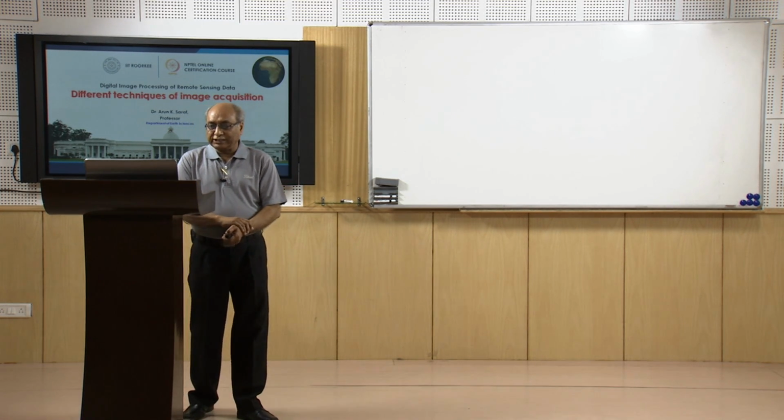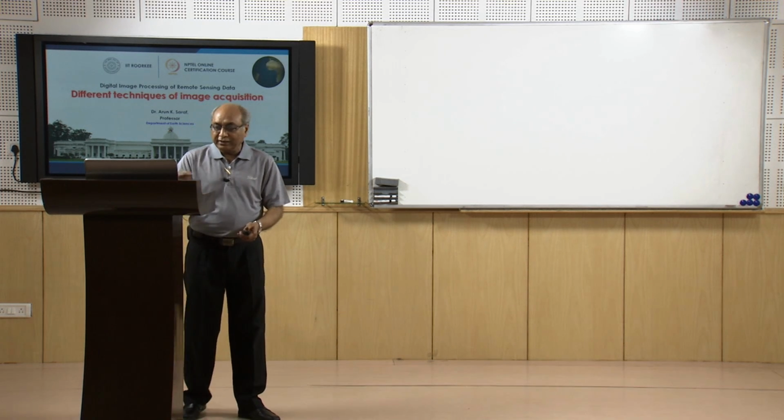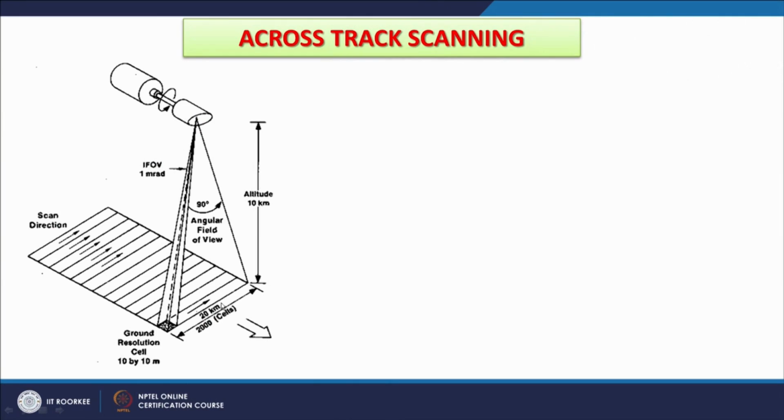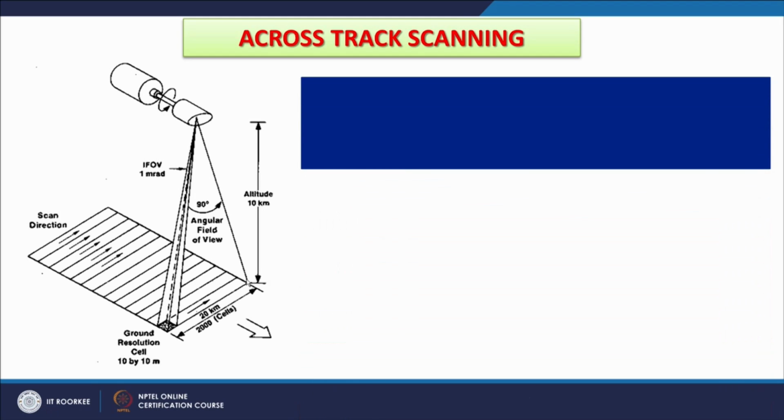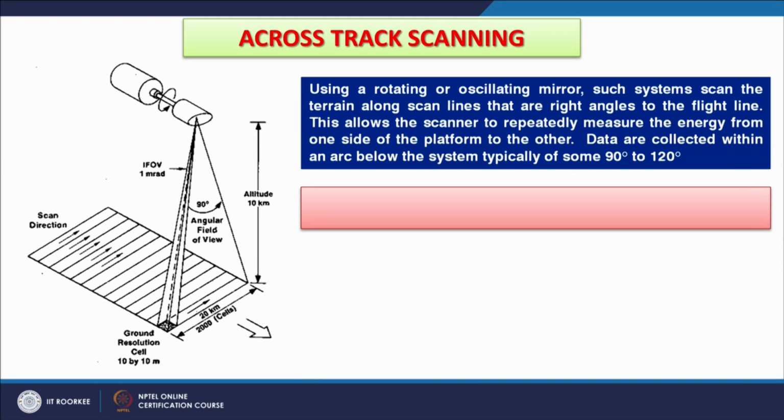Now, cross track scanning, in which this is the direction of satellite movement. This is the most common one, and it takes images pixel by pixel or line by line. Using a rotating or oscillating mirror, such systems can scan the terrain along scan lines that are at right angles to the flight line. This is the right angle, and this is the direction of flight, a large arrow is shown here. This allows the scanner to repeatedly measure the energy from one side of the platform to another, and keep moving like this,